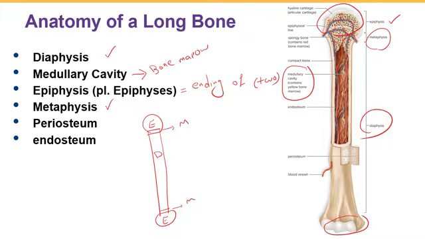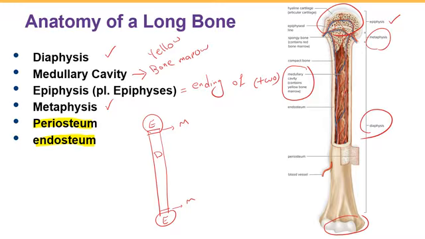So before puberty, this bone marrow is a red bone marrow, producing the blood cells, but after puberty it would be filled with yellow bone marrow. The bone marrow is going to store the fat tissue. Okay, what else? And then we are going to describe these two structures, which are connective tissue covering the